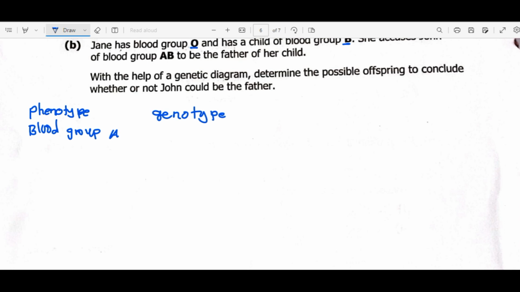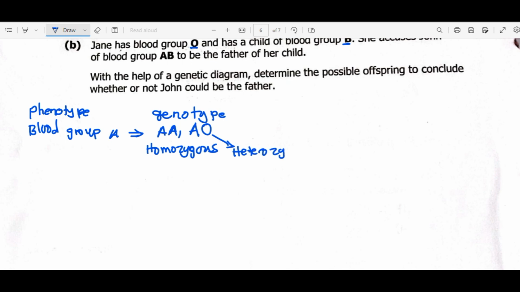group A. The possible genotype can be AA. This AA is called homozygous for blood group A. So if the question states a person who is homozygous for blood group A, the genotype you are supposed to write is AA. Then the other possible genotype is AO. This one is called